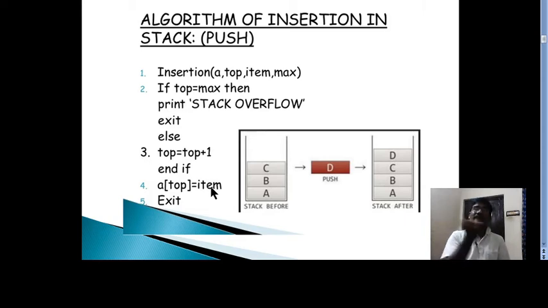If it reaches the maximum position, we say that it is overflow, it is full. Then that item cannot be inserted, so we exit. Otherwise, top is incremented, and in that location, item is inserted. A of top is equal to item. Over, exit.